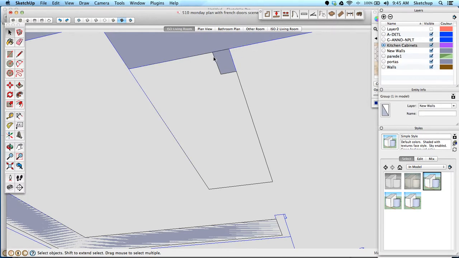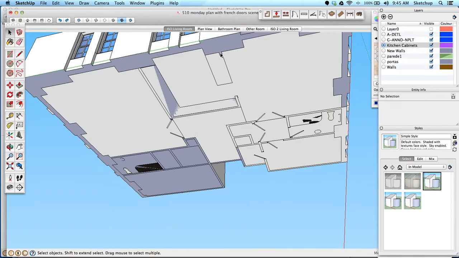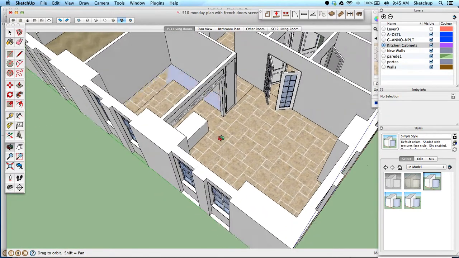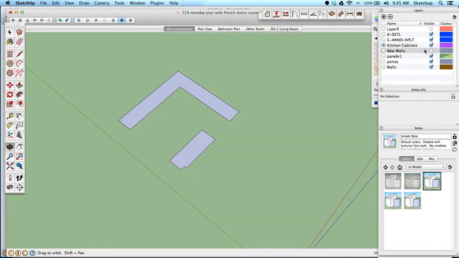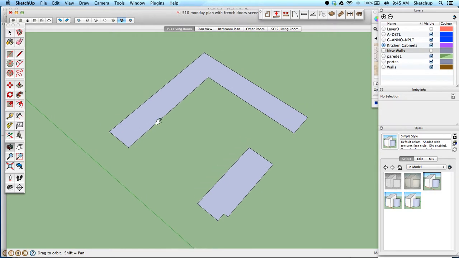You can see the blue lines over here. That's the entire model. So click here on this line, and it'll go away. And we now have something to work with on our kitchen cabinets. So now we could go ahead and uncheck the walls, and this shows us basically what our kitchen cabinets are going to look like. Now, one other thing is we had the toe kick on these, but we'll deal with